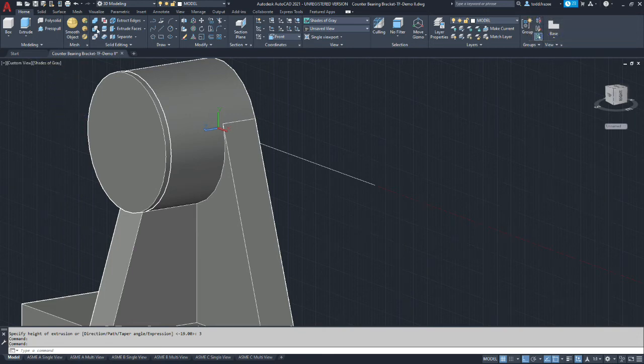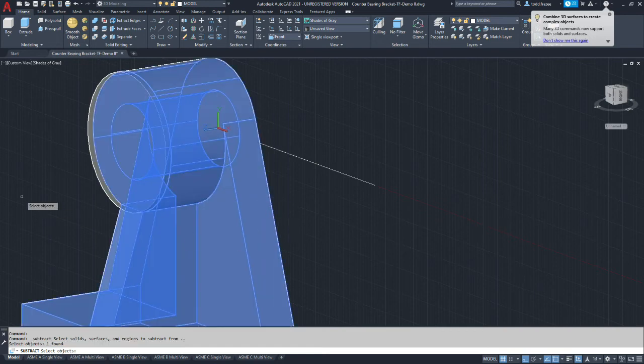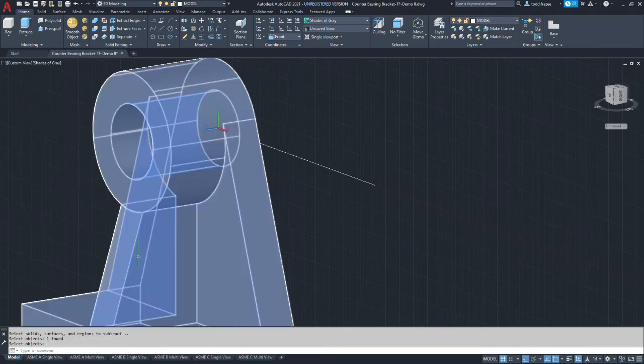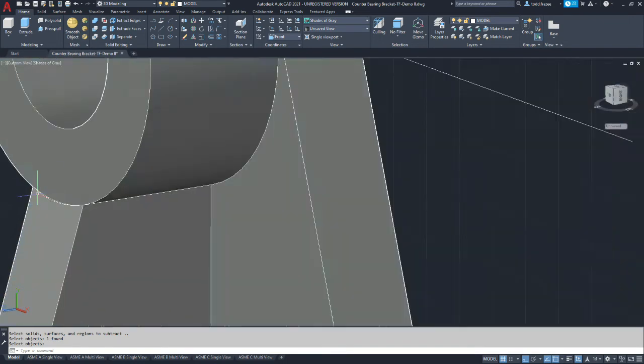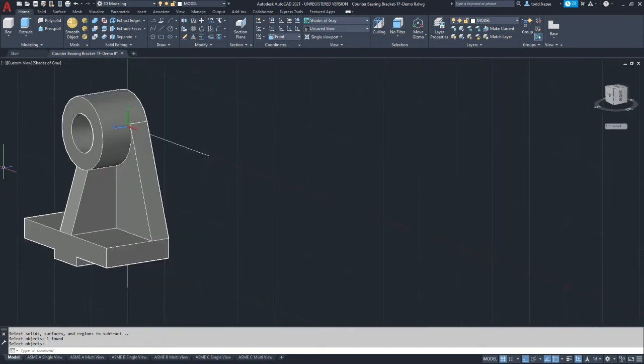So we're going to go to our solid subtract. We're going to select what we want to keep, which is the main model, and then hit enter. And then we're going to select our cutting body, which is the disc. And voila, we've got a little tiny lip here, and it's machined down. Now your transition may not be identical to that.